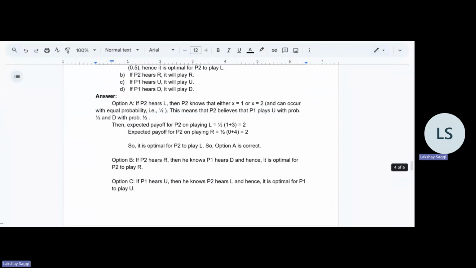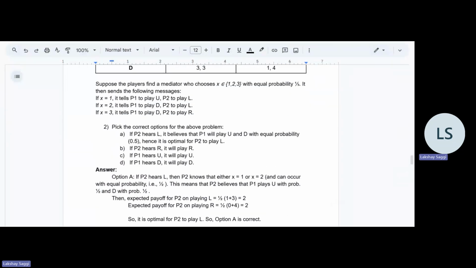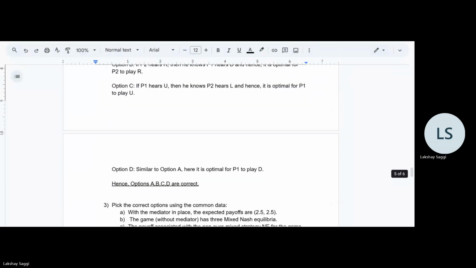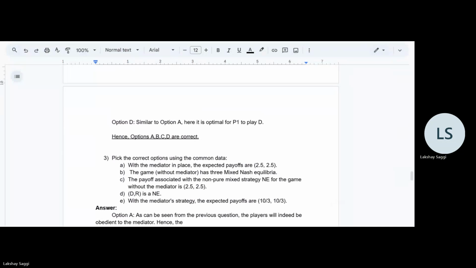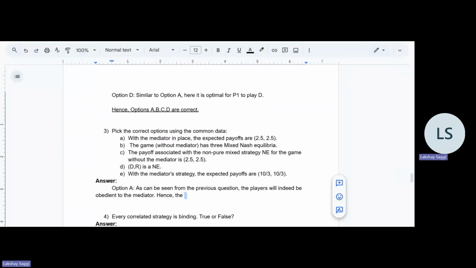And now if they are obedient to the mediator, then this means that all these three scenarios occur with equal probabilities of 1 by 3, because x equal to 1, x equal to 2, x equal to 3 occur with equal probabilities. So hence the final output of the game is 1 by 3 times